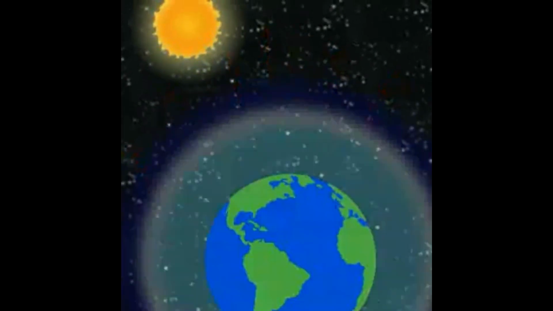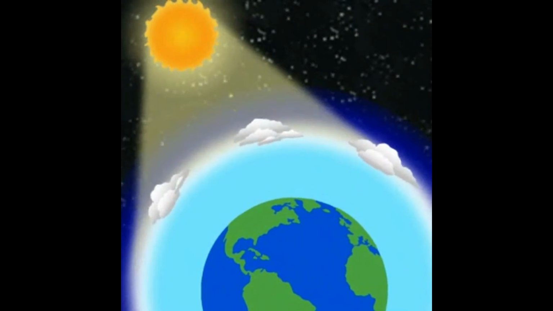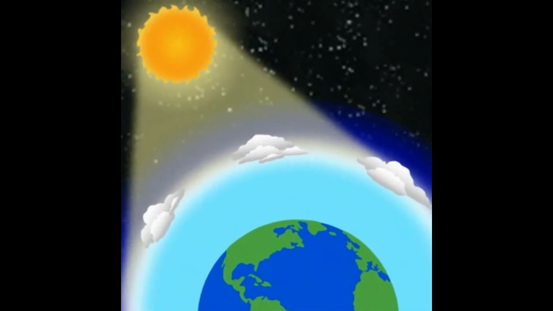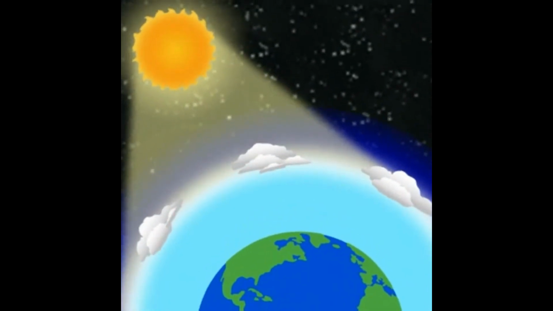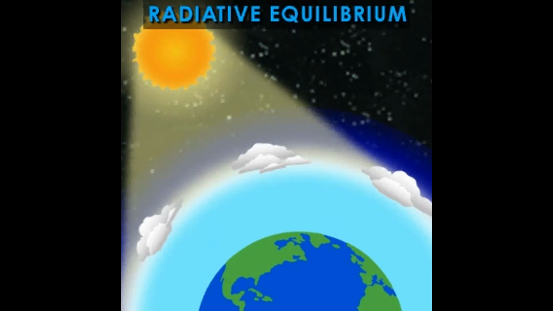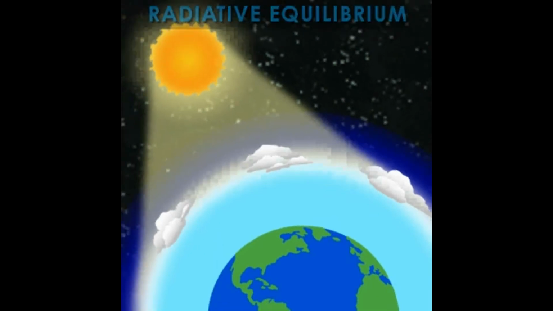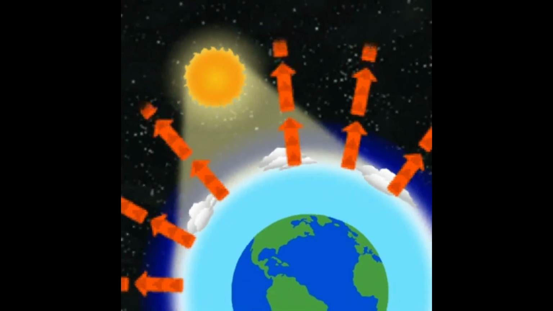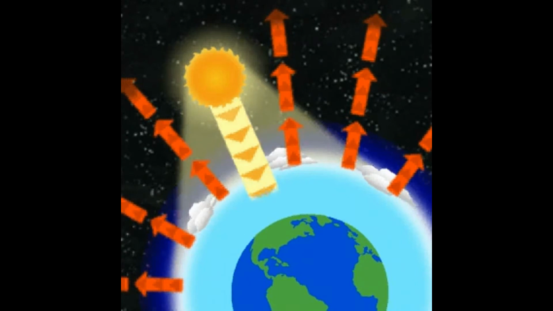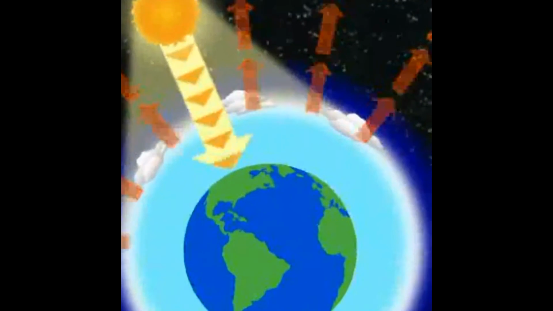In order to understand why, we need to consider the surface of the Earth and its atmosphere separately. Because there is a radiative equilibrium, we know that the planet emits enough long-wave radiation into space to equal the solar radiation absorbed by it. However, most of the long-wave radiation that is emitted by the planet into space is emitted by the atmosphere rather than the surface of the Earth beneath it.